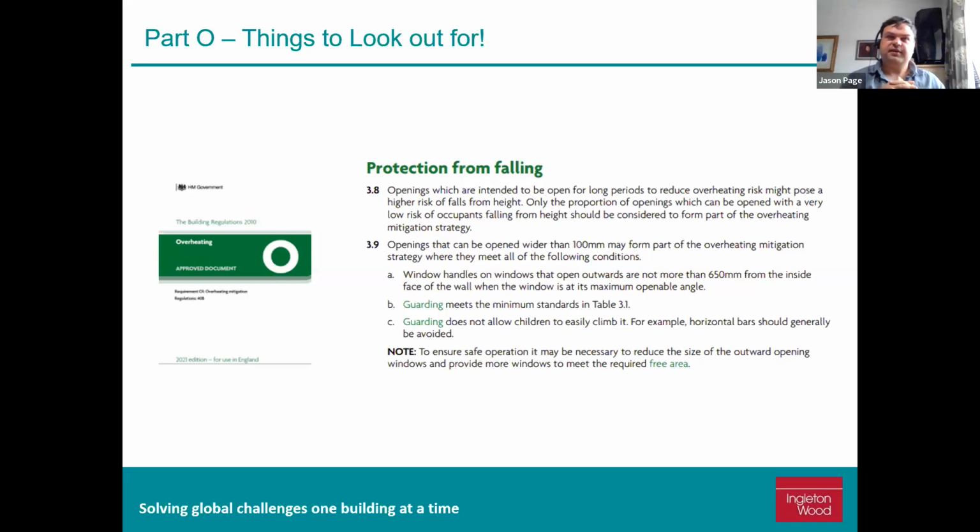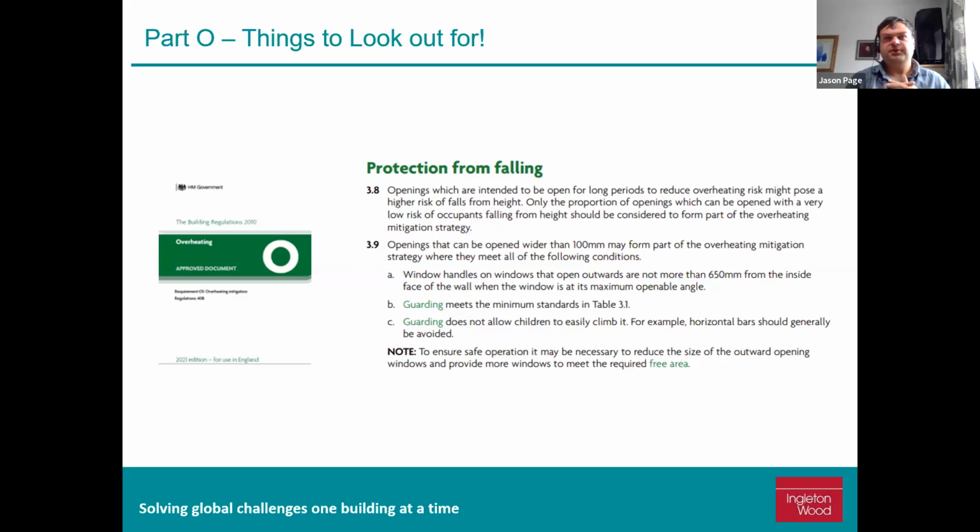The first is that window handles cannot open more than 650 mil away from the inside face of the wall. So with a typical 350 mil wall, that means windows can only open to about 300 mil beyond the external face. This gives us a max opening angle that we can use for windows without the occupant having to lean out to either open or close the window. That significantly reduces the amount of free area that we can get ventilation through.